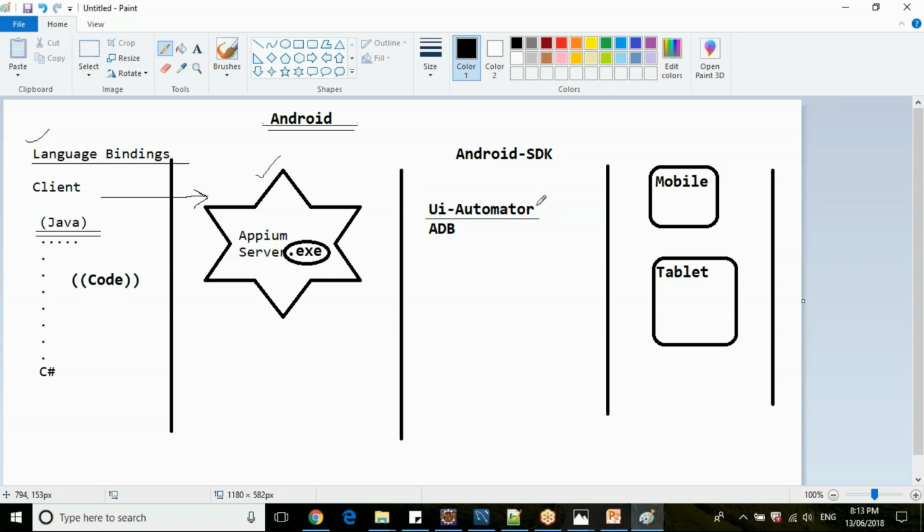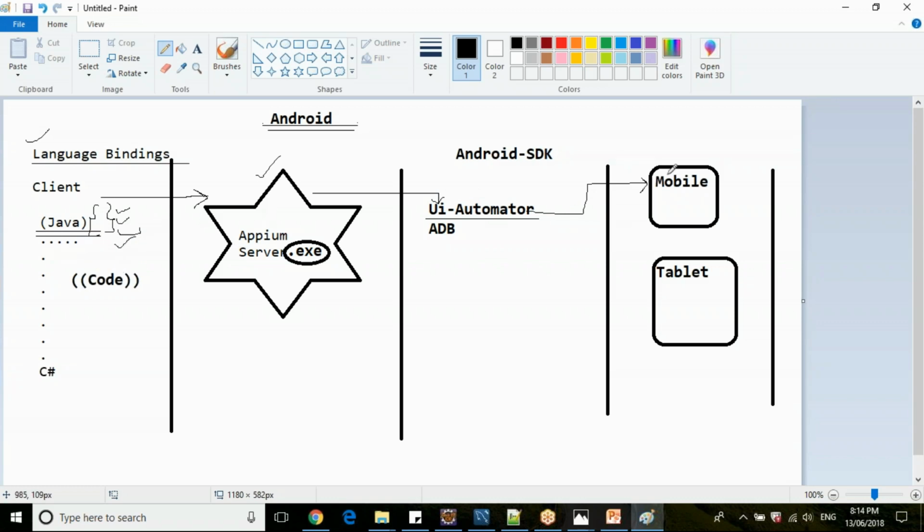This UI Automator's job is to execute the scripts which are sent by Appium on the particular mobile device, as per the configuration that we write in the code. In the code, before this Java code, we will write some configuration: hey, I want to execute on this device, this operating system, this device screen size, and this is the device serial ID. Once you specify all this, before execution of the code or driver.get, what it will do is